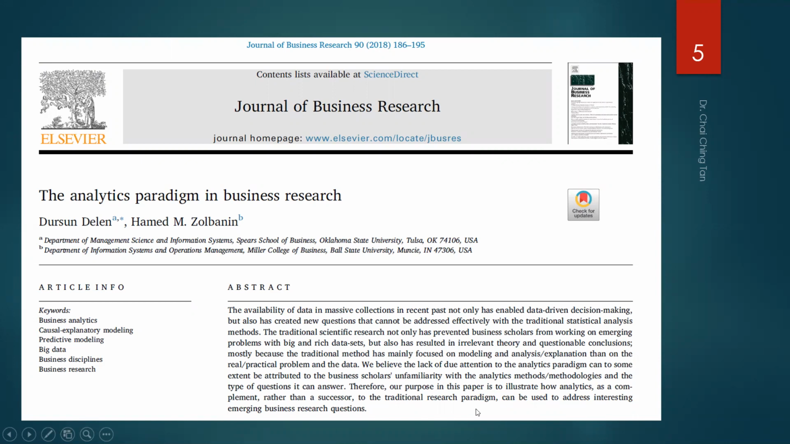So we need to read the extract. Is it possible? Is it something we want that can help us solve some problem, right? And so they say that has resulted in relevant theories, questionable conclusions, mostly because the traditional methods mainly focus on modeling and analysis, explanation. There are real practical problems, and the data, well, to some degree they are true, but to some other degree they're not, because